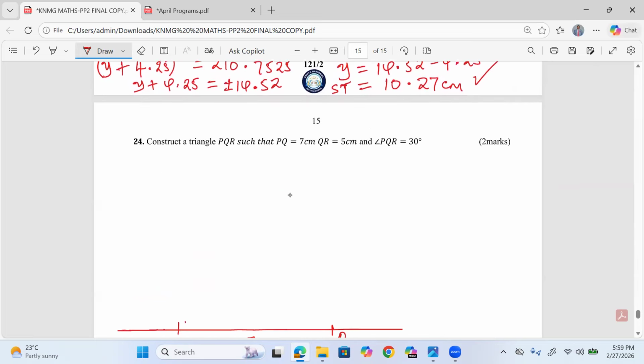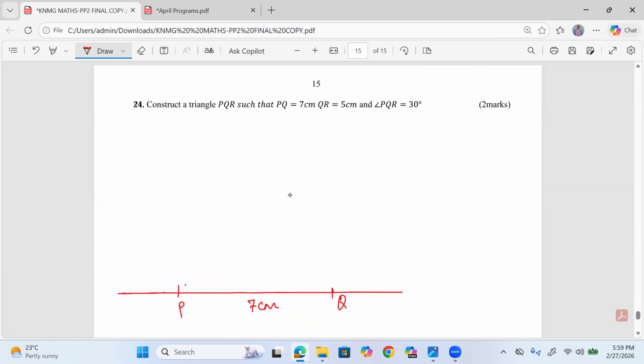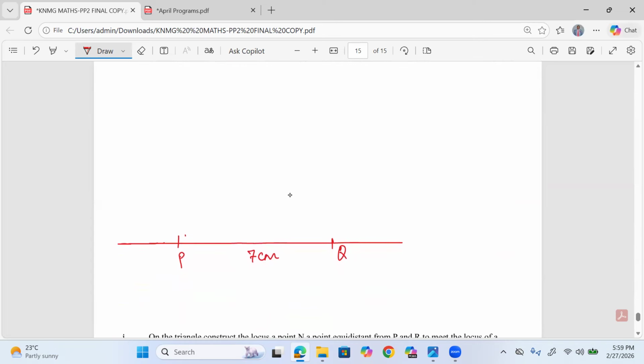From this, we can also talk about the angle at Q to be equal to 30. We've not been told not to use a protractor, but it is good for you to know how to construct special angles without protractors. So for us to construct 30, we need to stand at Q. We use an arc like this. Then standing on the arc at the line, we mark off on the upper side, such that when this is produced,